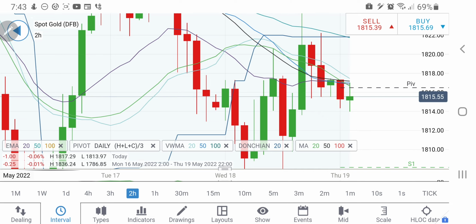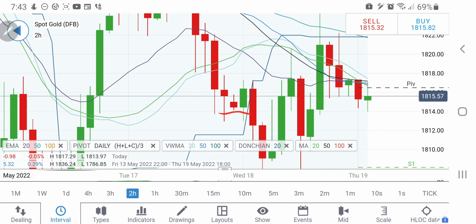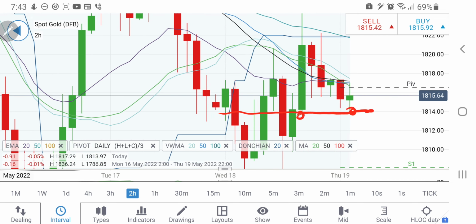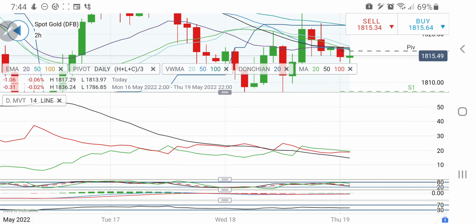At the same time, on the downside, there is a support here at 1814 levels. Multiple candles have got support at these levels on the 2-hour chart, and that is why, rather than at 1814, one can go short at 1813 levels, so that you keep a dollar cushion. Below that you can go short and expect it to go back towards 1808, and below 1808 we may see a good drop. Now look at the directional movement, it is on the verge of a bearish crossover.